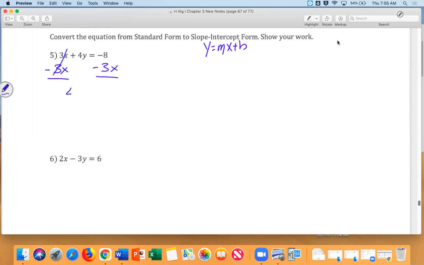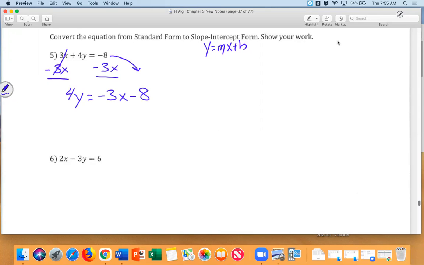That's going to give me 4y equals. Now, a lot of kids will do -8 minus -3x, or minus 3x. And they'll say it's either -5x or -11x. And the problem with that is they both don't have x's. They're not like terms. So what I like to do is envision this -8 like falling off the back. Because remember, I want it to be y equals mx plus b. So I want my x's to come first. And since these aren't like terms,